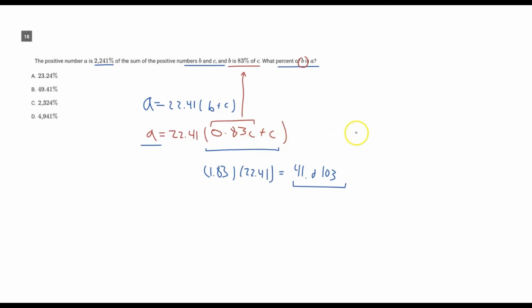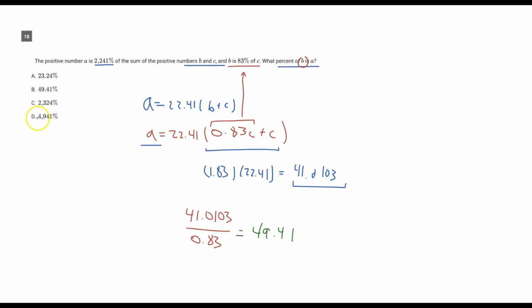And so in reality, our B value is going to be 0.83 in this case. And so what we can do is just set 41.0103, our A value, over 0.83. And this is going to give us a value of